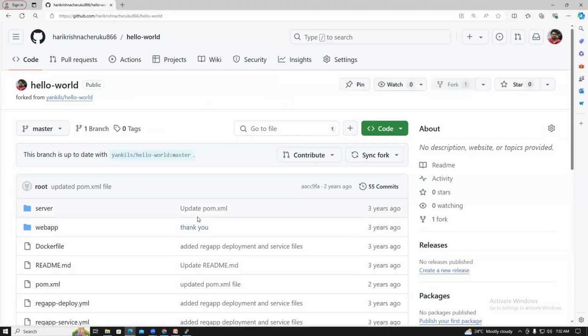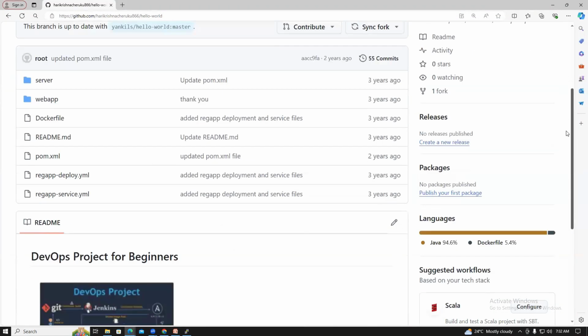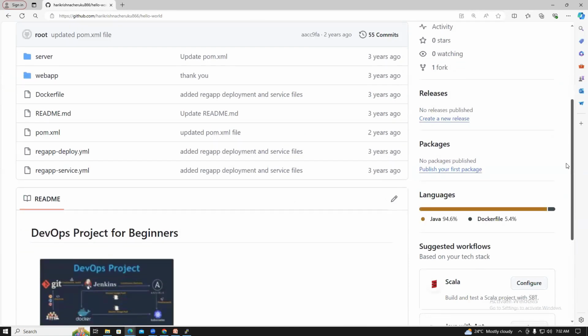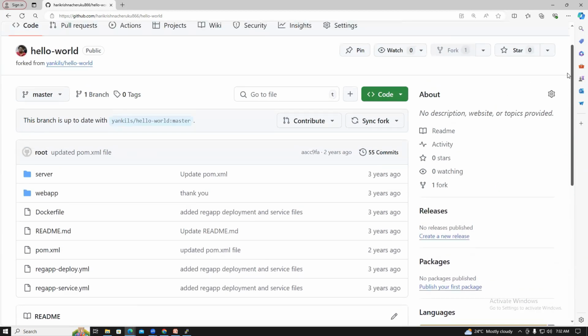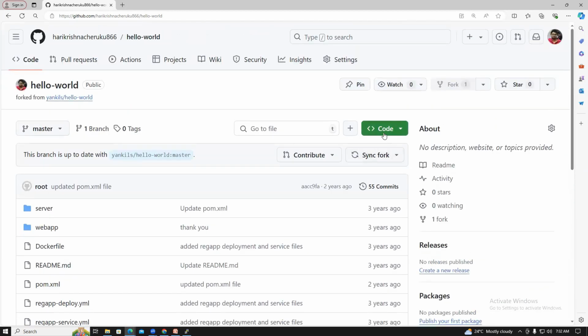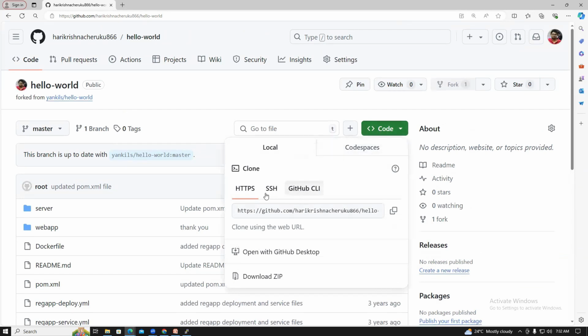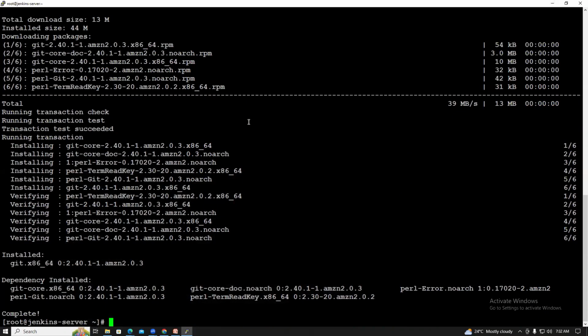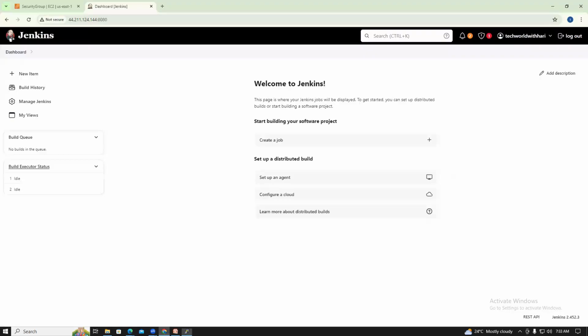So this is the repository I want to clone. I want to clone the hello world repository. Copy this URL, and you can go to the here, and first what you need to do,